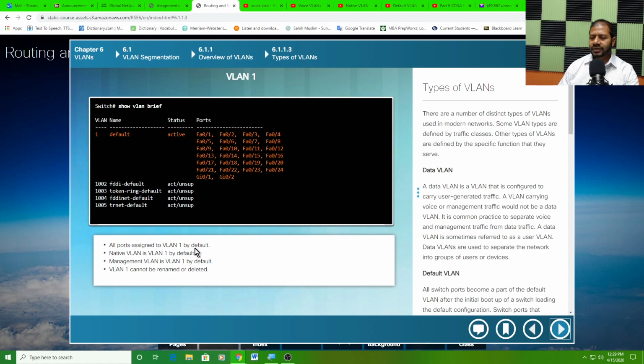All ports are assigned to VLAN 1 by default, as we have seen right here. Native VLAN is VLAN 1 by default. Native VLAN, management VLAN, everything is VLAN 1 by default, because VLAN 1 is the only Ethernet VLAN that you have right here. Now, VLAN 1 cannot be renamed or deleted. You can create other VLANs, like VLAN 20, VLAN 100, whatever, and name those VLANs student, guest, faculty. You could create those VLANs, you can erase or delete those VLANs, but you could not do that to VLAN